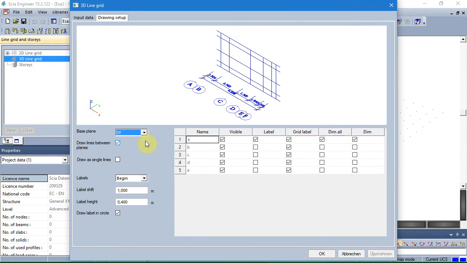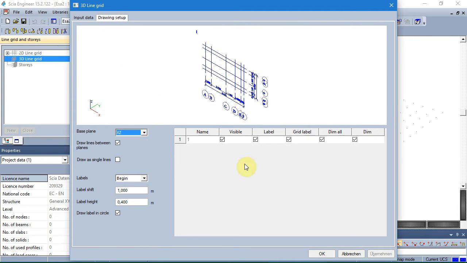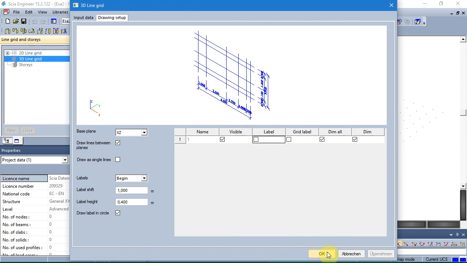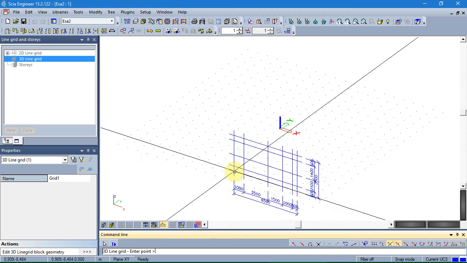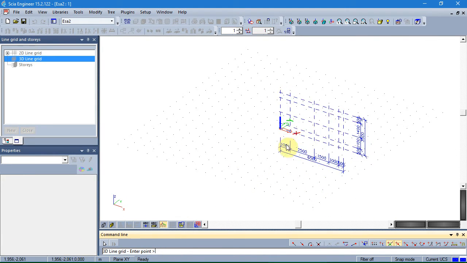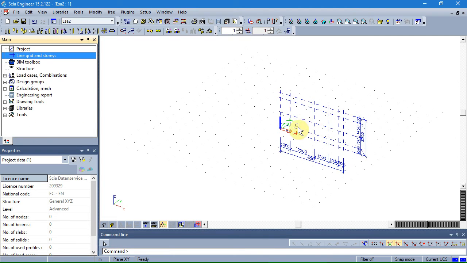Okay, change to XZ, put off the grid labels and the labels. Okay, and put it on 0. Enter. Escape and close the line grid.